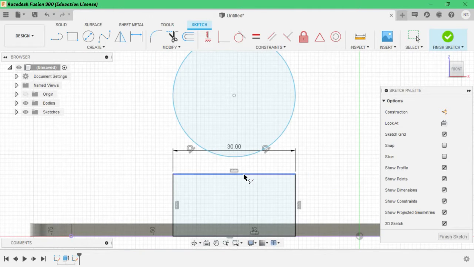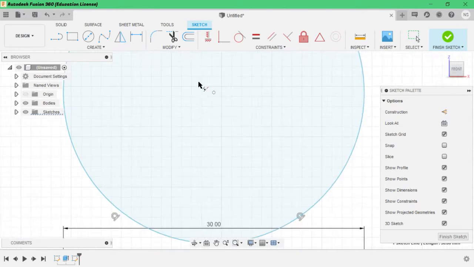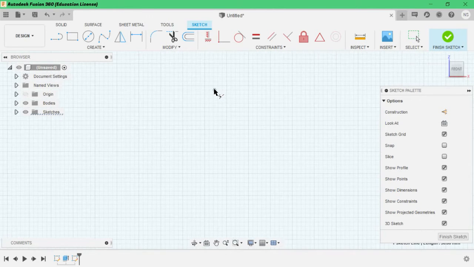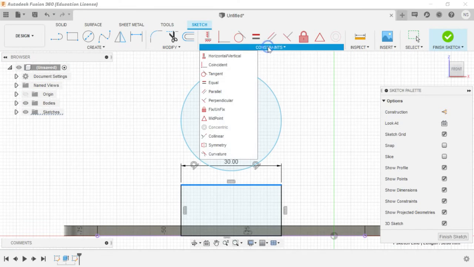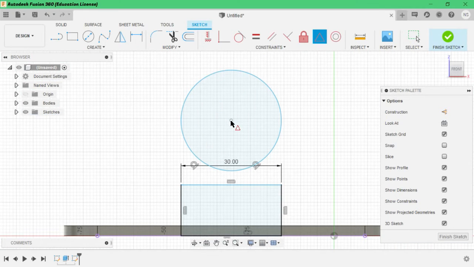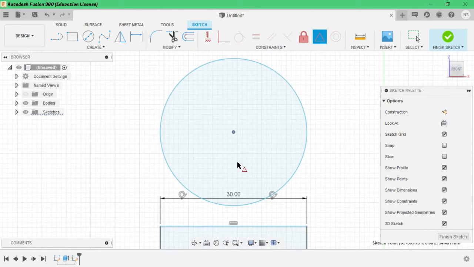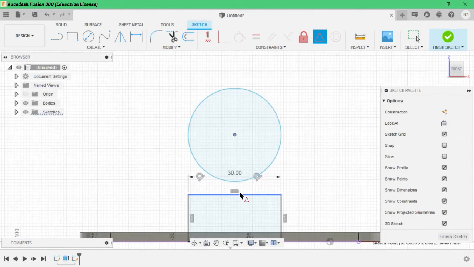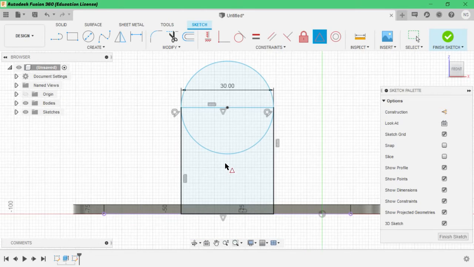Okay, selected collinear. It's not selecting, something has happened to my software, or you can give a midpoint constraint. Okay, midpoint constraint. Okay, done.